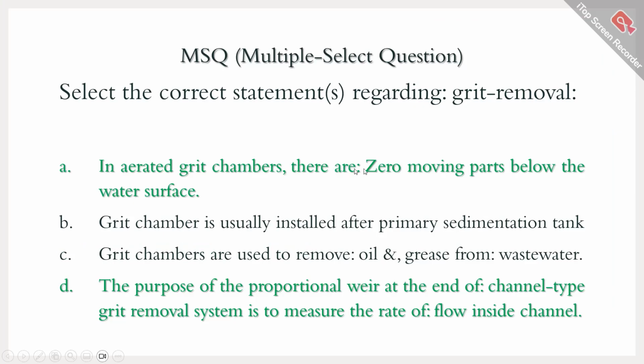So in aerated grit chambers, there are zero moving parts below the water surface. If you imagine the picture, then you will understand. And whenever a proportional weir is used, not only in a grit chamber but also in any kind of water treatment unit operation, it is to measure the rate of flow only inside the channel. So it is not only for grit chambers but also for other kinds of water treatment unit operations. Okay. So now